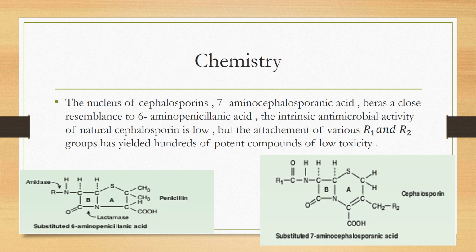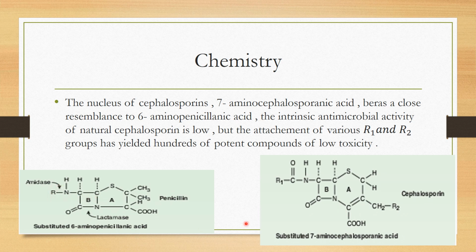Now we first see the chemistry of cephalosporins. Cephalosporins closely resemble penicillins, and you know that in the previous video we discussed penicillins. This is the structure of penicillins shown here. It contains a 5-membered ring that has sulfur in it, and a 4-membered ring that is beta-lactam, and it